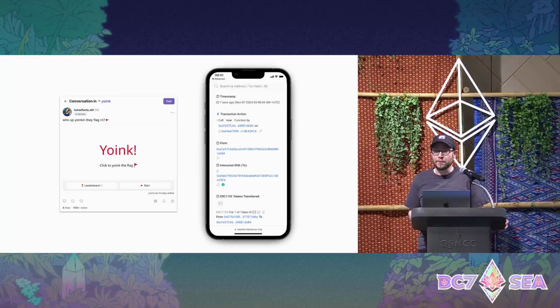If you're building an Ethereum app, it can be pretty difficult to get that app in front of users. They have to find your app on the web or on social media. They have to click through to the app, open a new page, connect their wallets, sign in, and only then can they do something interesting. I think most builders in this space have had this experience.